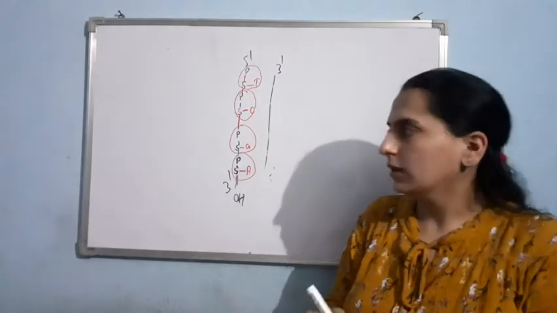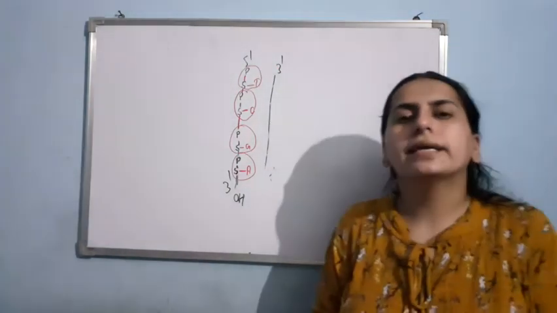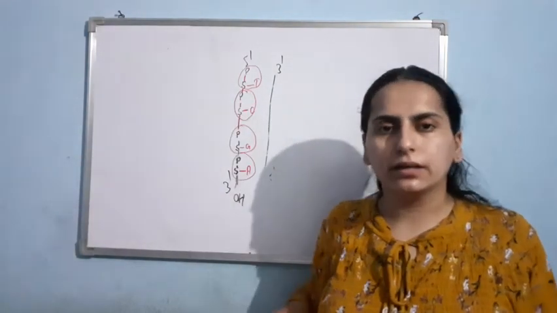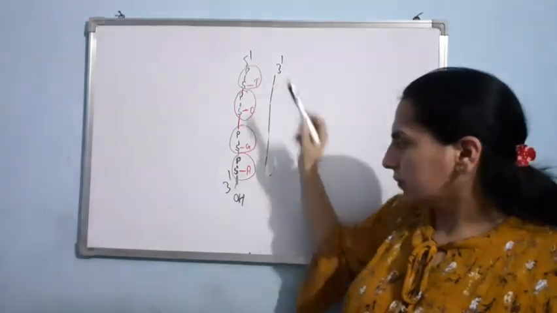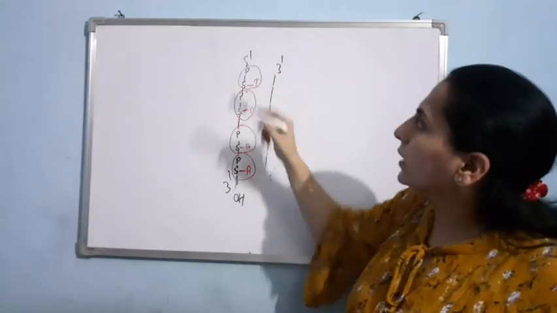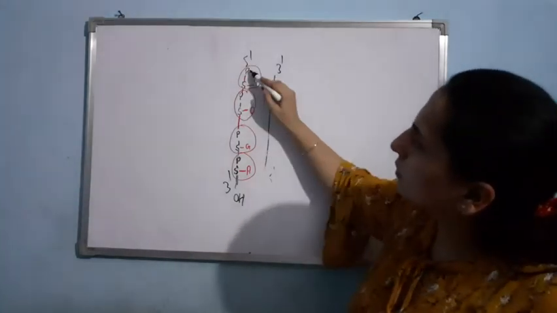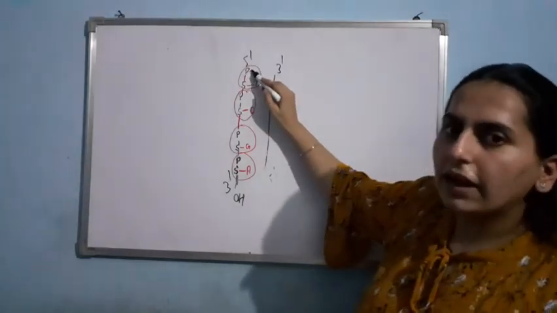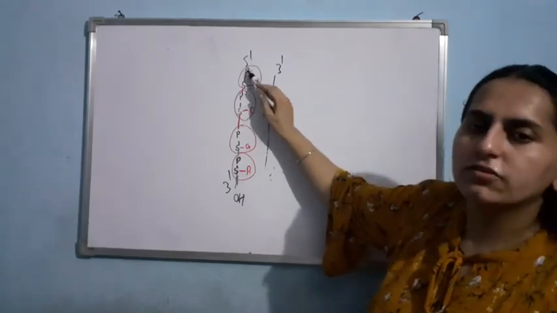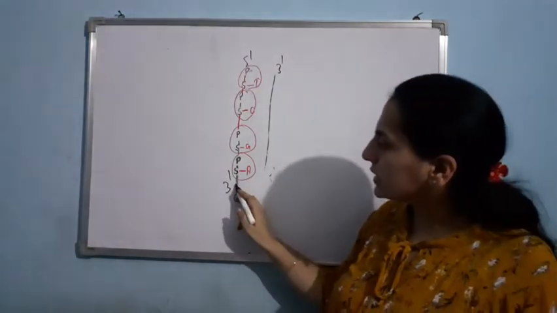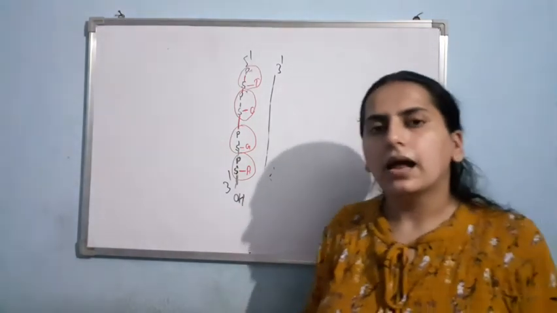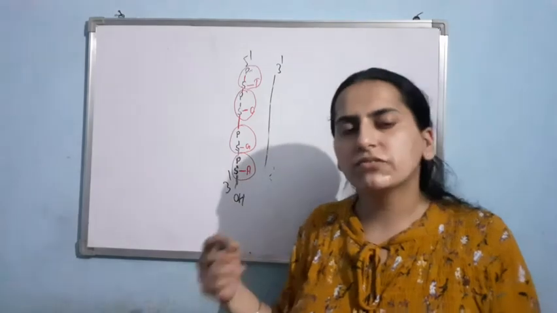Now just see. As you know, your DNA helix is linear, means the ends will be free. This end is free. This end is also free. It means the sugar of this end, here you can see the phosphate group. At the 5' end, the phosphate group of the sugar is free. And at the 3' end, the OH group is free. So basically the end at which the phosphate group is free.